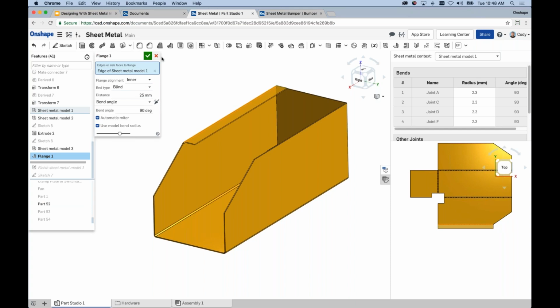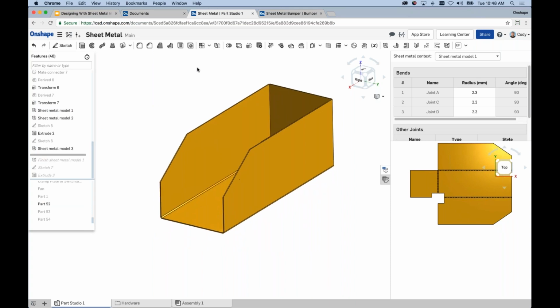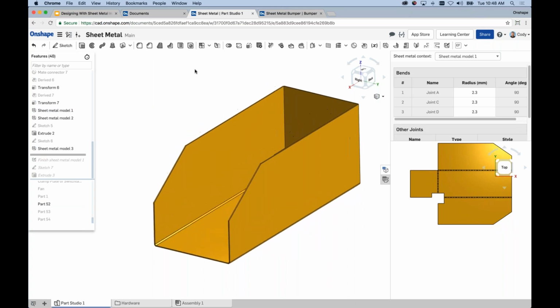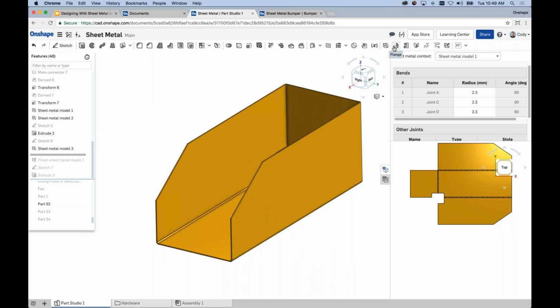Question: is that a hem? Isn't it? No. We do have flange, no specific hem. All right, so